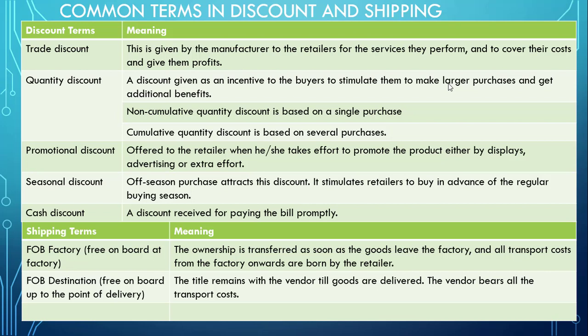So it is known as trade discount. When you say quantity discount, it is an incentive or discount provided for the buyers, meaning the retailers, so that they will be stimulated to purchase large quantities of a certain product